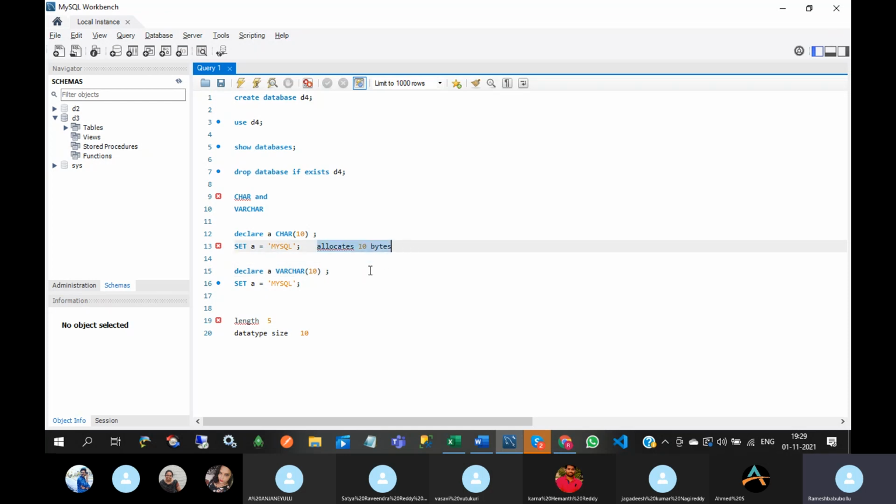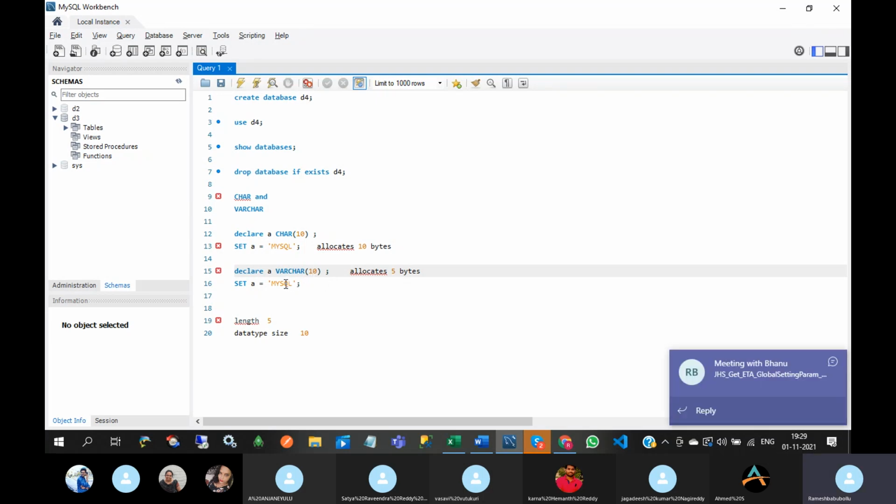If you use varchar, though the size is 10, it will not take the total 10. It depends upon the string. Suppose the length is 5, so it will allocate 5 bytes. It will not allocate another 5.